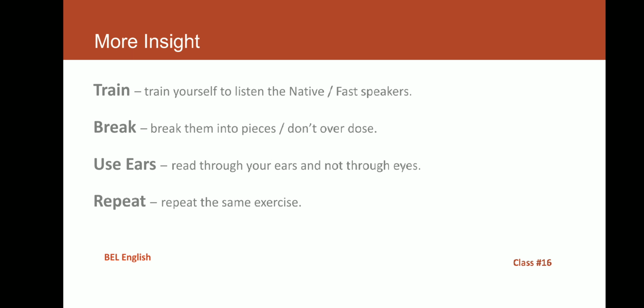Read through your ears, don't use the vision, or the visual of that particular scene. Just listen to it, don't look through it, because your eyes tend to read a few attributes of a speaker, which would actually make you understand what is being conversed between two people in the clip you have chosen. So it's always good to stick to your ears, read through your ears, not your eyes, because here we're going to practice our ears to understand how it is pronounced or used by a native speaker or a fast speaker.